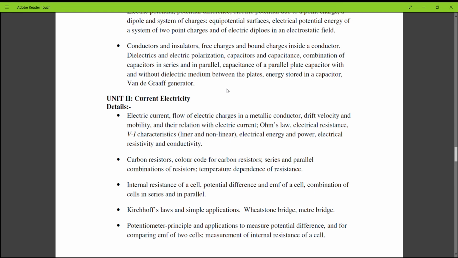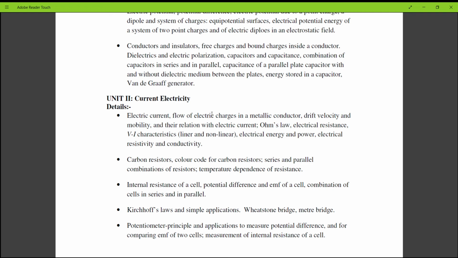Now unit 2, that is current electricity. First topic is electric current, flow of electric charges in a metallic conductor, drift velocity and mobility and their relation with electric current, Ohm's law, electrical resistance, V-I characteristic, linear and nonlinear, electrical energy and power, electrical resistivity and conductivity, then carbon resistors, color code of carbon resistors, series and parallel combination of resistors, temperature dependence of resistance, then internal resistance of a cell, potential difference and EMF of a cell, combination of cells in series and in parallel, Kirchhoff's laws and simple applications,